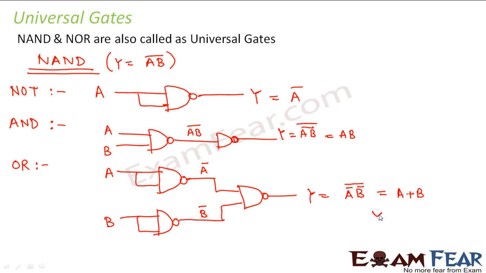How is it? You can see it from the truth table. This is A, this is B, this is Y. So 0, 1, 1, 0, 1, 1, 0, 0. For this truth table, you see what do you get for A bar, B bar. That means when A is 0, B is 1, this becomes 1, this becomes 0. So this comes out to be 1. Similarly, for all these, when you try it out, you get a result which is similar to the truth table for A plus B. So that is how we can see that the NAND gate can form a NOT gate, it can form an AND gate, and it can also form an OR gate.